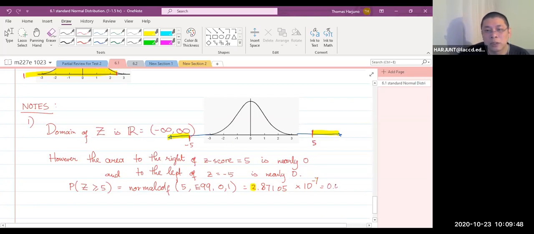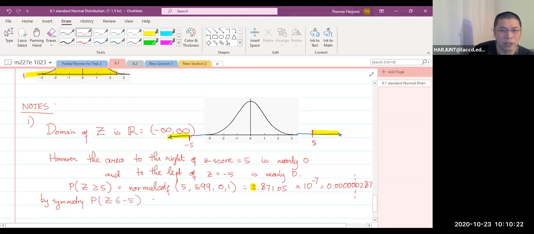That's 0.00123456 like that. That's how small it is. It's a lot smaller than if we round it to 5 decimal places. It's even smaller than if you round it to 5 decimal places. Okay, by symmetry, of course, the area to the left of -5 is also the same. Nearly 0. It's so small, even if we round it to 5 decimal places, we basically call that